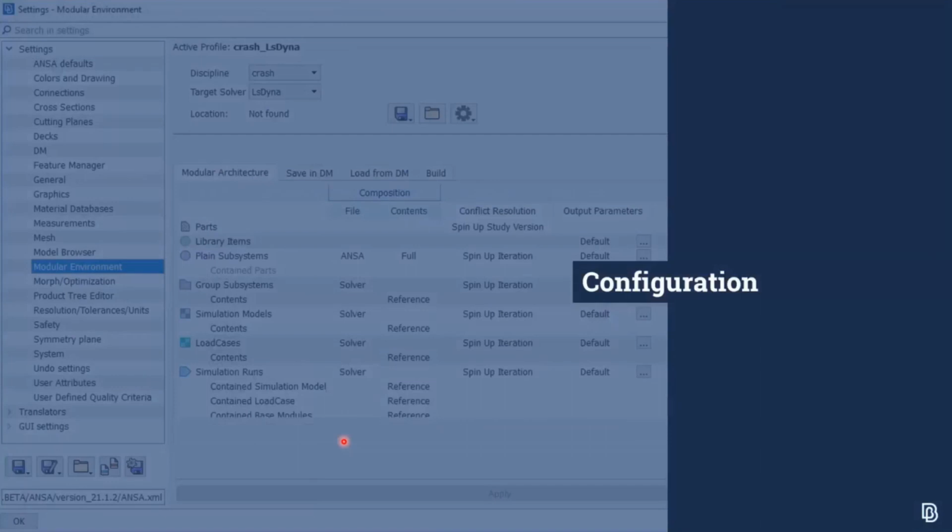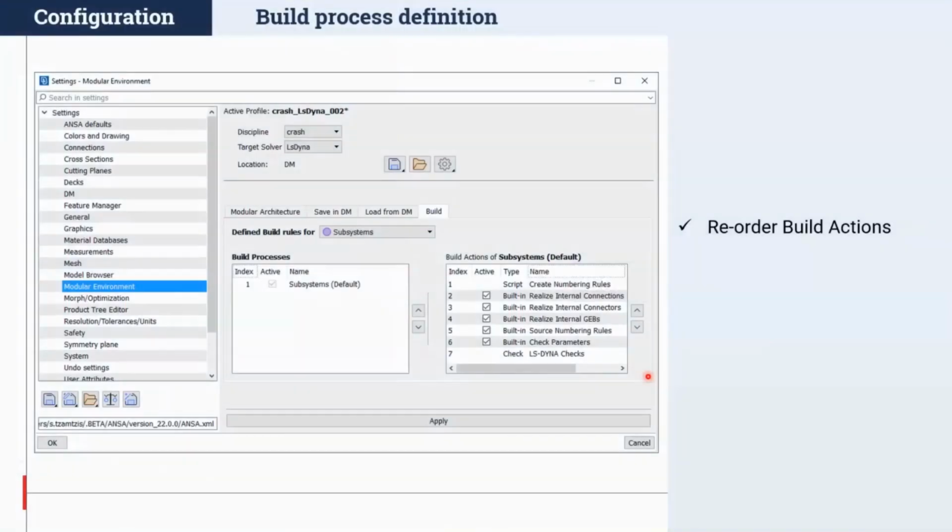Moving on, the final area where new functionality is available is that of the effective configuration of the modular environment. Several enhancements have been introduced in the configuration of the build process definition. Firstly, a mixed order of build actions is now supported in the build tab of the modular environmental profile. Check templates and also script actions can be inserted between or above the build actions.